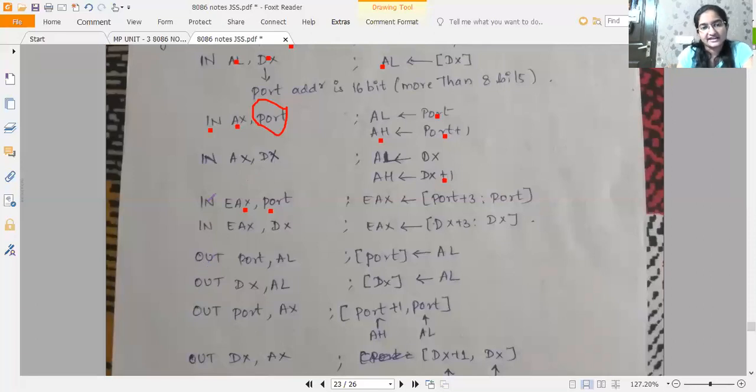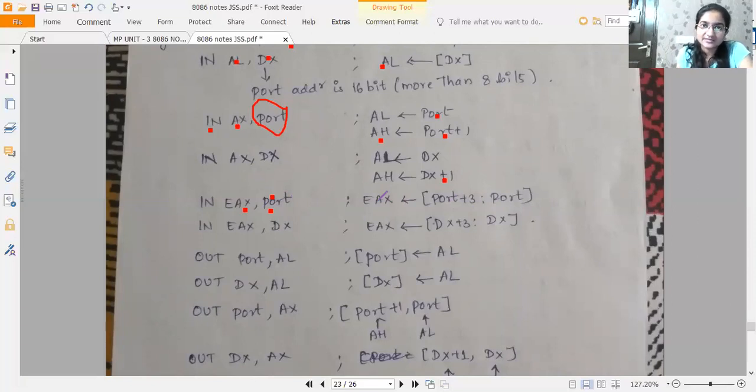Now, suppose I write IN EAX, port. How will it be transferred? Port means the address of the port is 8-bit. So the content of that port will be loaded into EAX. 8-bit data will be loaded into AL.